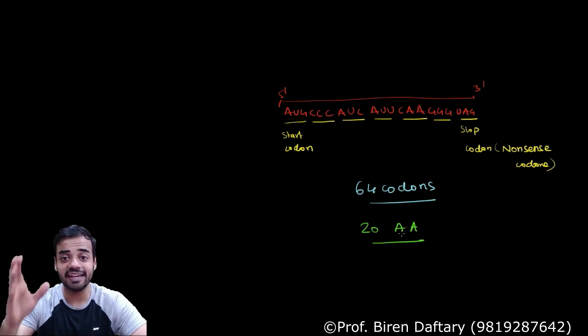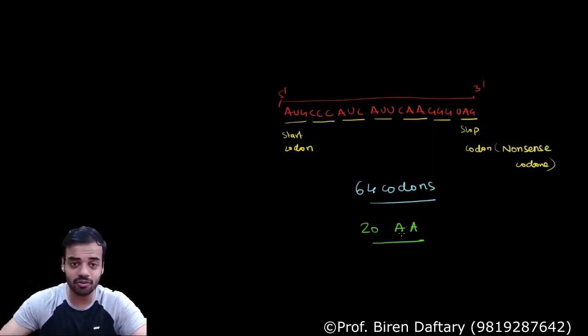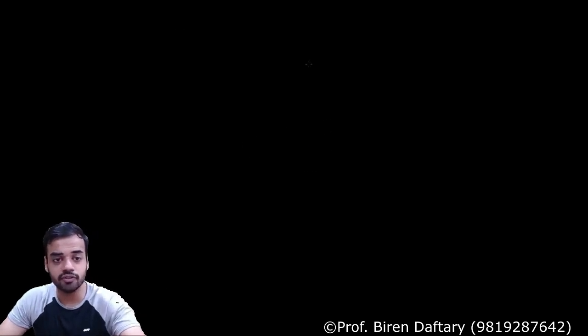The most important part is the characteristics of the genetic code. Can you remember the characteristics of the genetic code? Let us rub this off and let us see if you remember. I'll write down the characteristics in short. There are 9 characteristics. What was the first characteristic? The first characteristic is that it is a triplet.